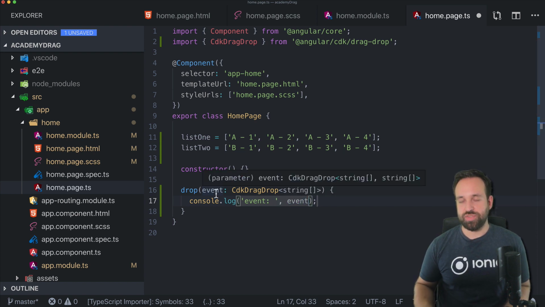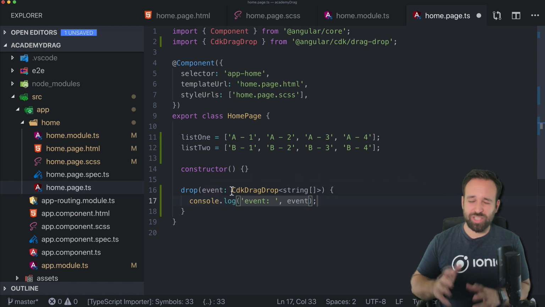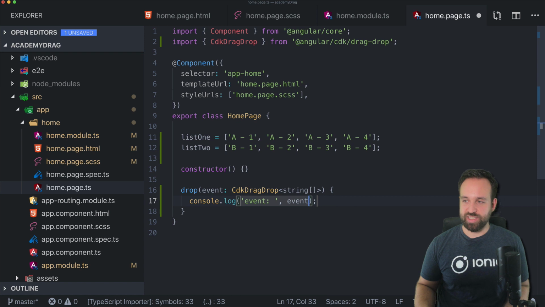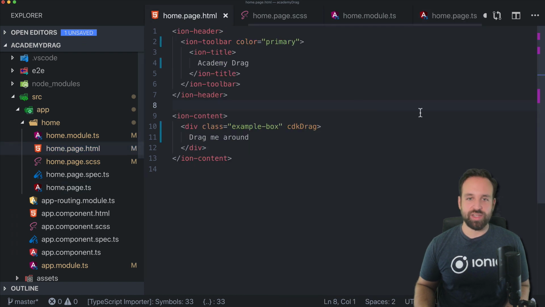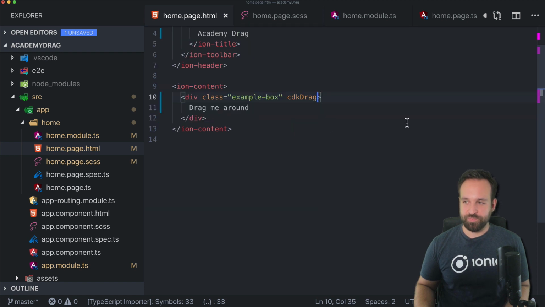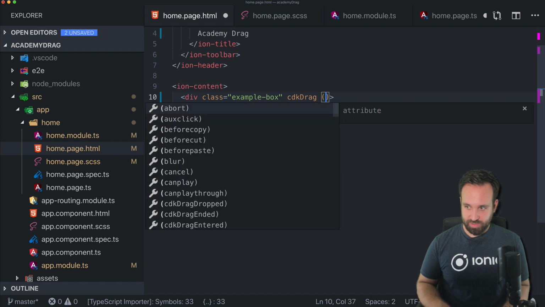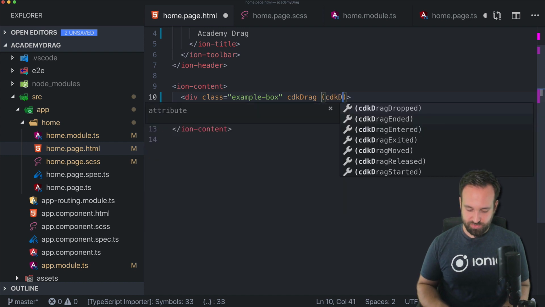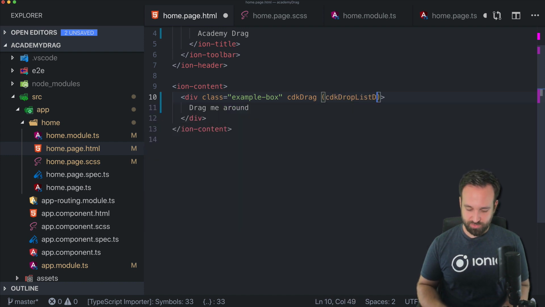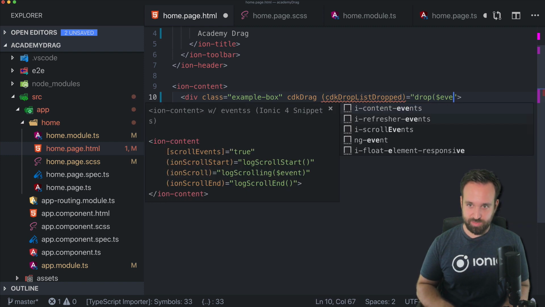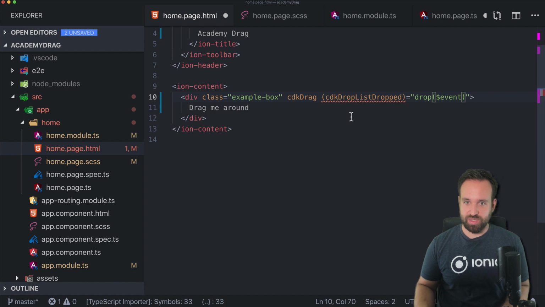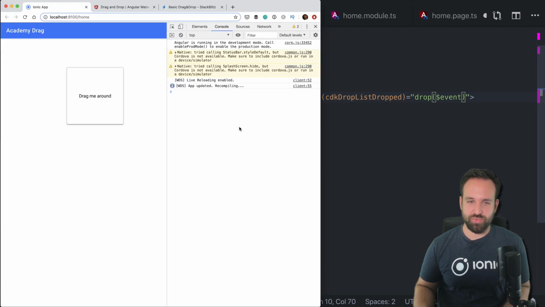In here, we now have to check, or later have to check, in which lists we want to update. For now, let's just see what this event actually contains. And to do so, we're gonna go back to our element that we defined as cdkDrag and simply put in cdkDropList dropped. I don't know if this one's actually called that. Let's see, because normally you would have to, yeah, I guess we need a parent for that, but let's check